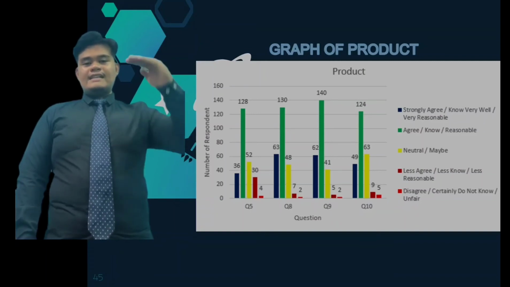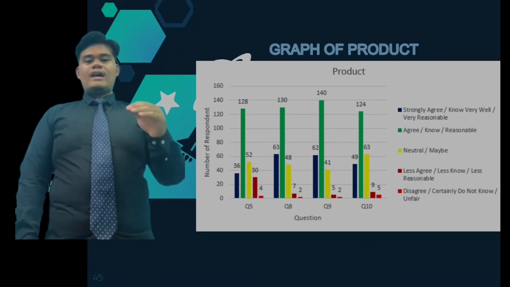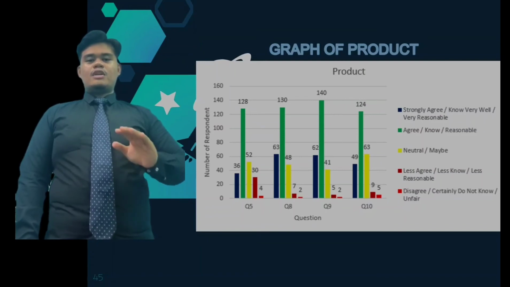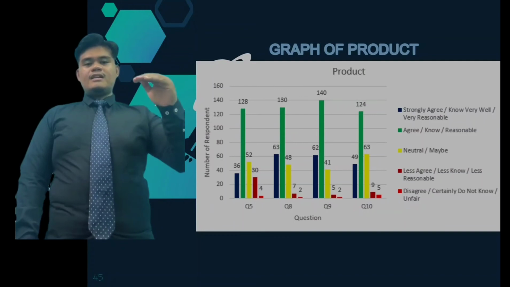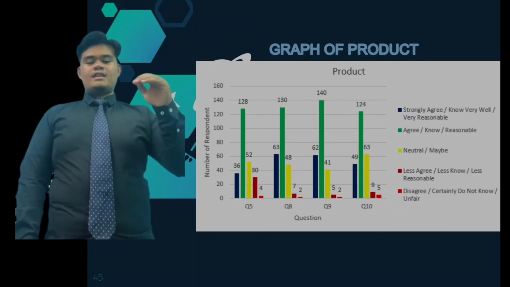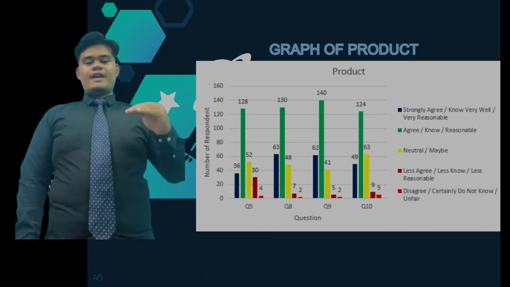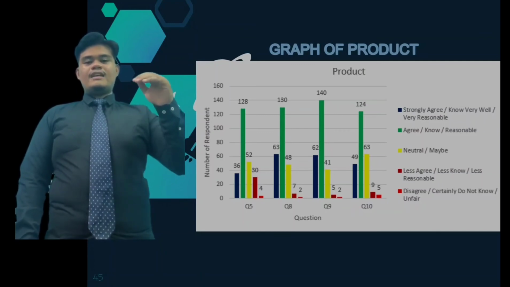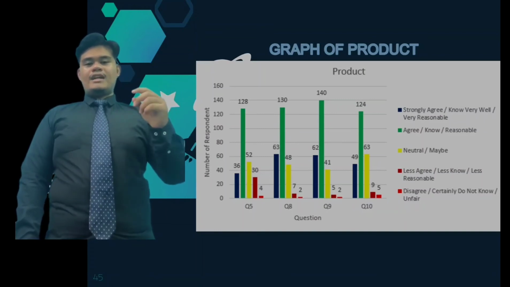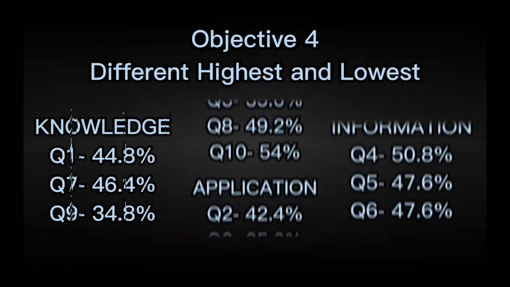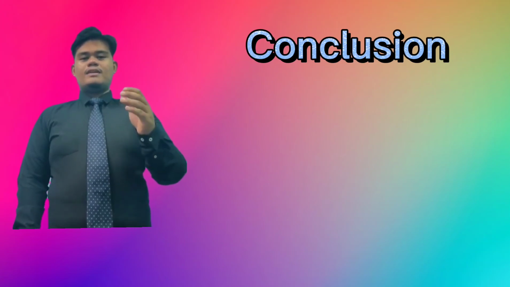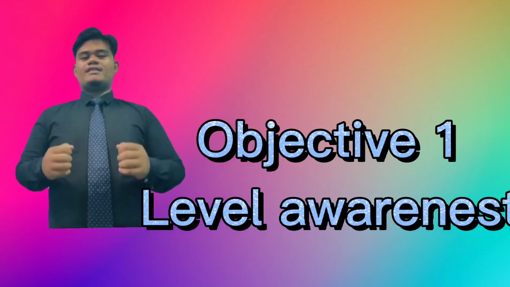For the next question, the highest number of respondents who selected agree was 130, and the lowest who responded disagree was 2. For question 9, the highest number who selected reasonable was 140, and the lowest who responded unfair was 2. For the last question for product, the highest number who selected reasonable was 124, and the lowest who responded unfair was 5. Different highest and lowest. So for the conclusion, the first objective is to determine the level of awareness of customers